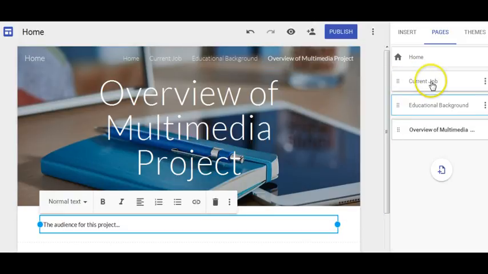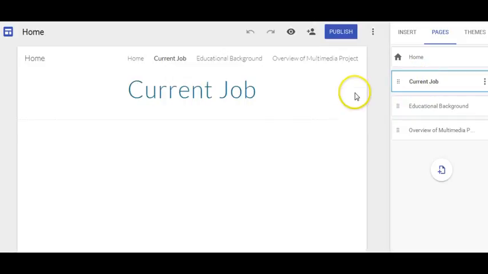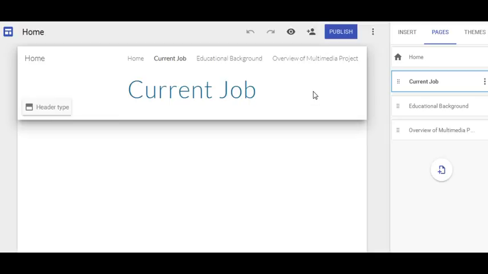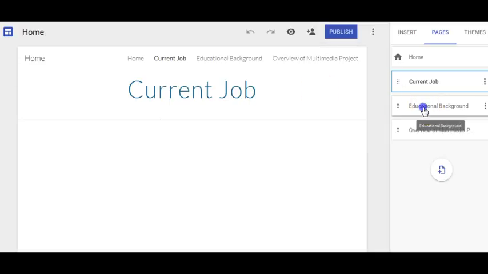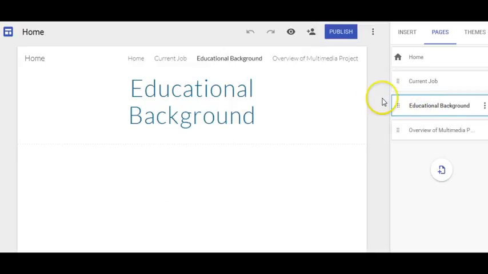Okay, so I would have to go back to each of these, add the header image that's the same for all of them, and basically manipulate here. So just one thing about